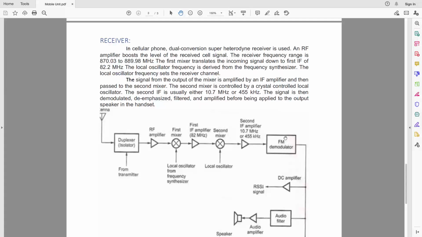Here they have shown an FM demodulator, but it's not compulsory that the signal is received only in the form of FM. So here it is a demodulator. In analog communication or digital communication, we have seen the AM detector, that is the AM demodulator, and the FM detector, that is the FM demodulator. In digital communication, we have seen the ASK receiver, FSK receiver, and PSK receiver. These are the types of detector. What is the function of a detector? A detector will remove the carrier from the incoming signal and convert that signal into a baseband signal.